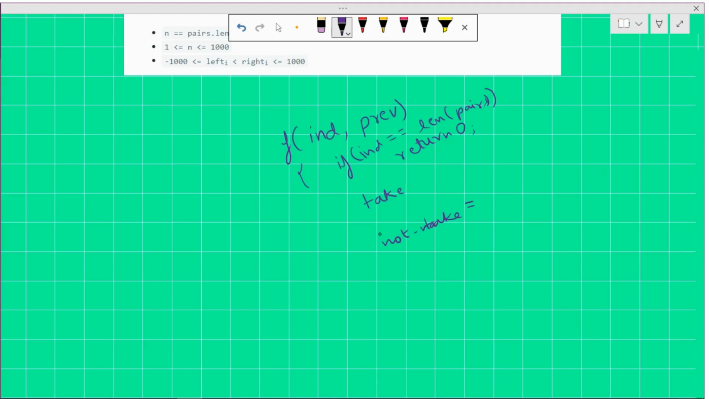So if we do not take the current index element, the index will start from 0 and go till len of pairs. So not taking is quite simple. We simply need to call index plus 1 with the previous value of pair. And if we take this, we will have 1 plus the answer returned by index plus 1, and the previous will become